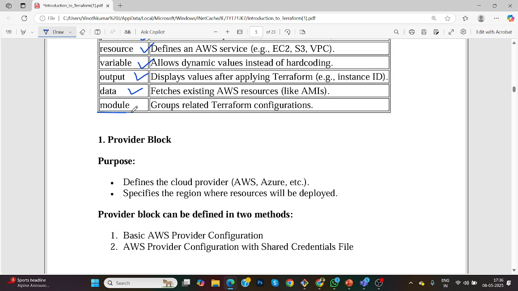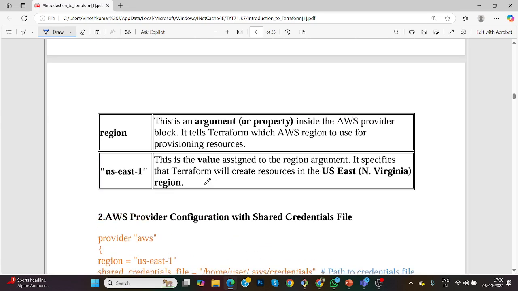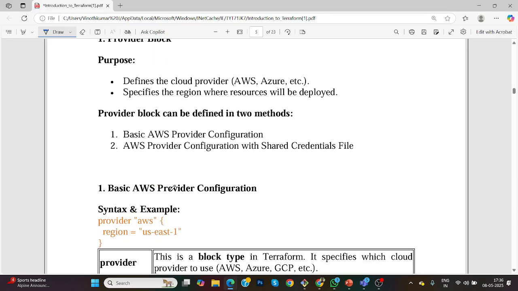So I have told you about module, right? If you want to reuse the template, you can just take the path, you can copy the path and reuse it. Okay guys, just go through that. So these are some